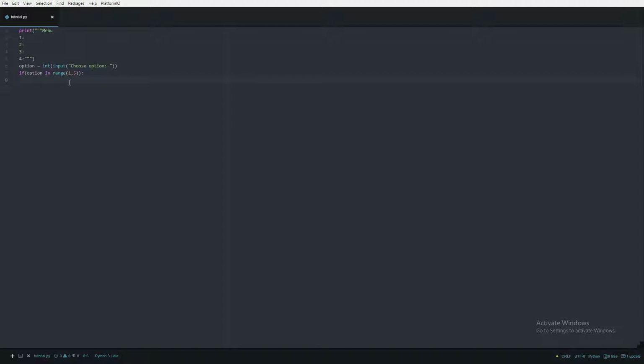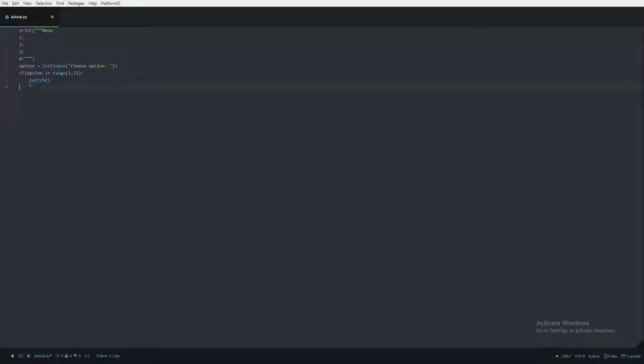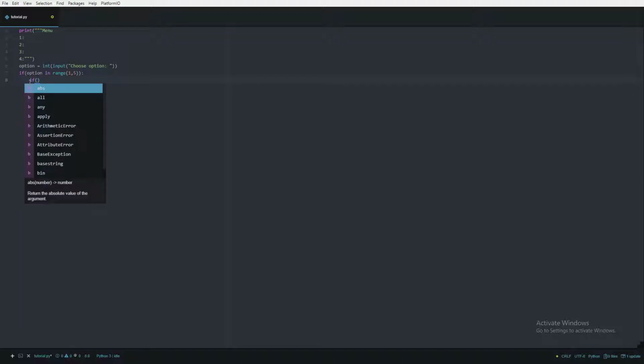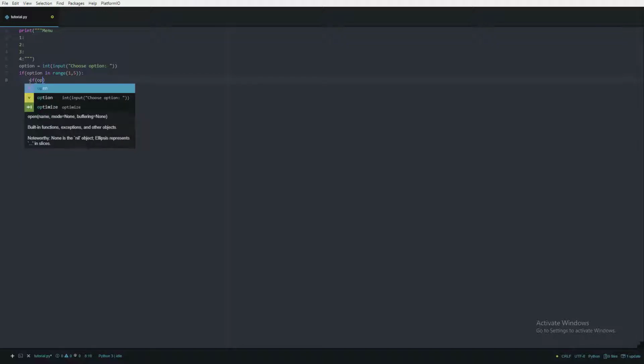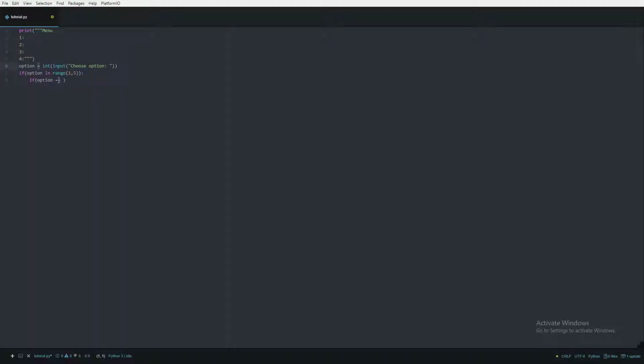Now from here, in GameMaker, what we'd do is we'd write a switch statement. We'd switch option. Now this is all well and good, it's highlighted here, but it's not actually a thing in Python. Unfortunately, we have to use lots of if statements, but I'll show you how we can use them a little bit differently. So if option, GameMaker would use 1 equals. Really you shouldn't, you should use 2 if you're checking something. So here this is setting something. If you're checking something, it should be double equals. In Python they have a very distinct difference, and you can't use 1 equals here and you can't use 2 equals here. So if option equals 1,